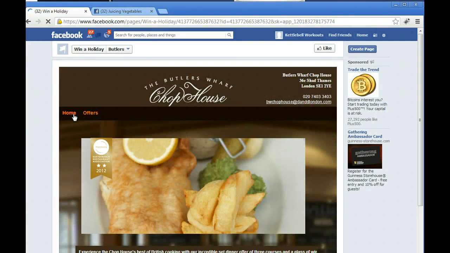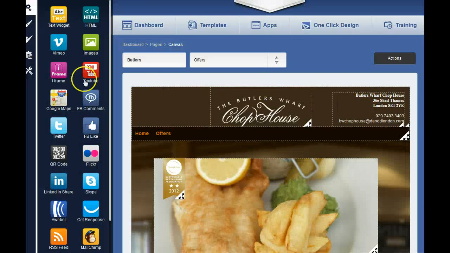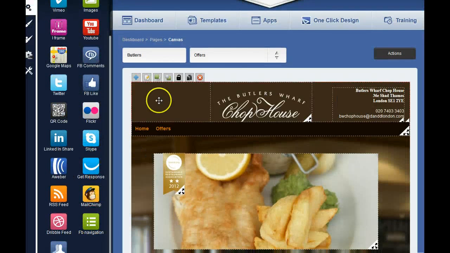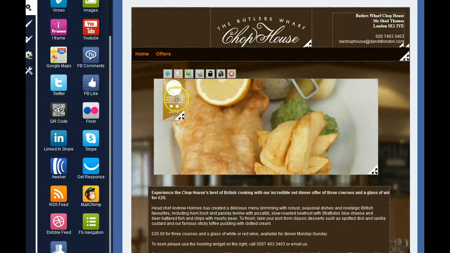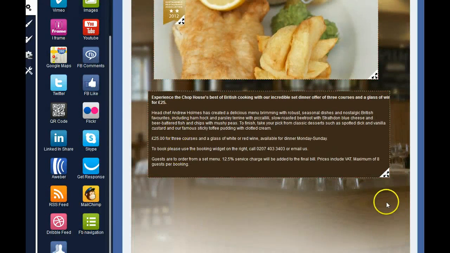So you can get familiar with that in the dashboard. Here's the widget. You just drag it across onto the page. It'll apply to all pages. You can add 2 navigation widgets per page if you want, so you can have a footer one as well if you had a really long page. And